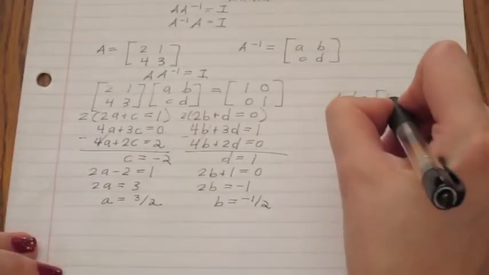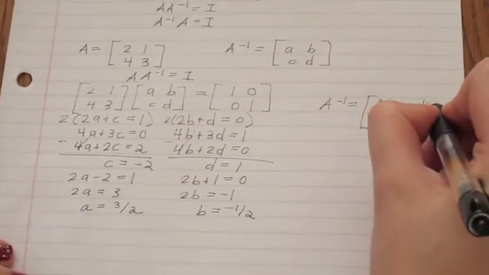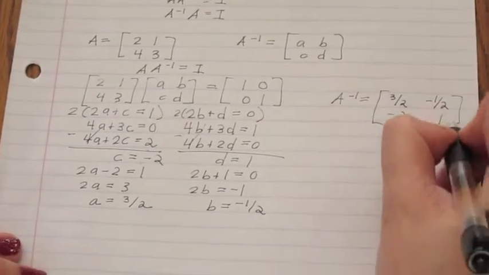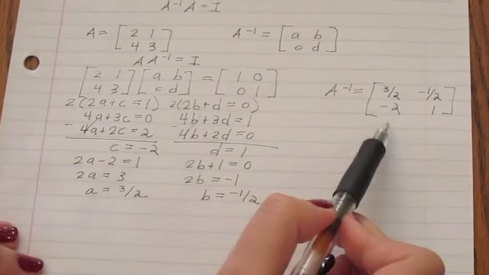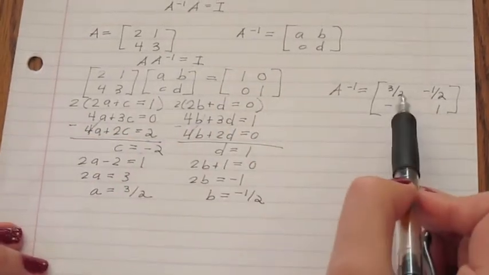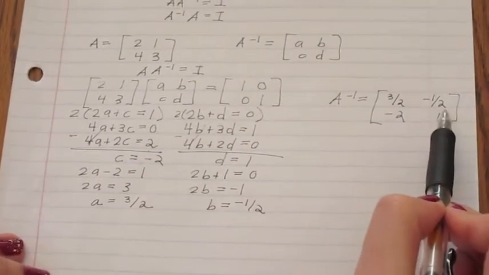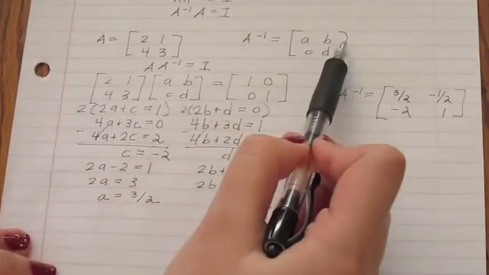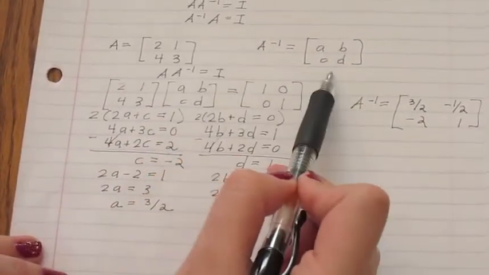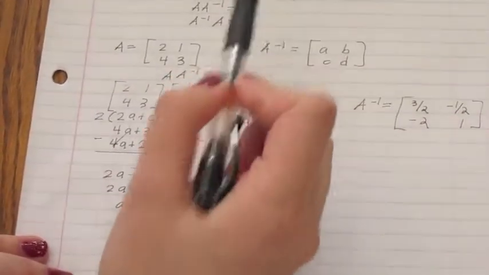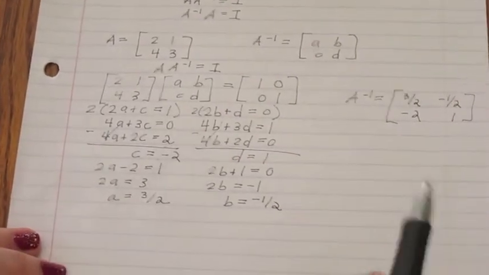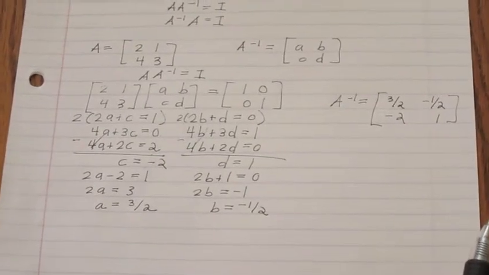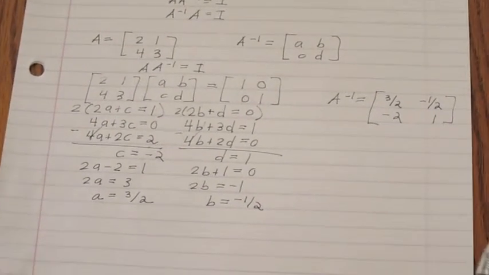So my A is 3/2. My B is negative 1/2. My C is negative 2. My D is 1. So the inverse of 2, 1, 4, 3 is 3/2, negative 1/2, negative 2, 1. And I found that by using variables to multiply these two, and they have to equal the 2 by 2 identity matrix. So let's solve a system of equations using the inverse,